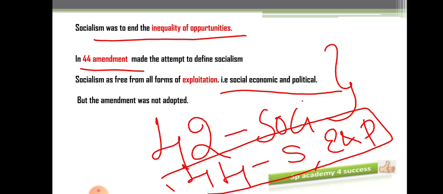The next term, that is secularism, we will discuss in the next part. I don't want to provide you a huge amount of information in a single video. I just want to make the concept clear. So I'm taking each and every word and explaining each and every word. After this, within 2 or 3 videos or sessions, we will complete the preamble. Then we will go for the MCQs also. And according to me, doing MCQs is equally important.